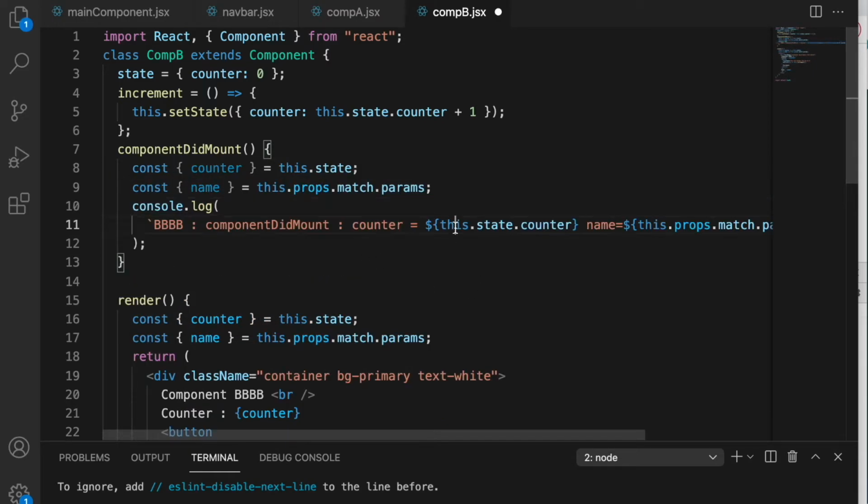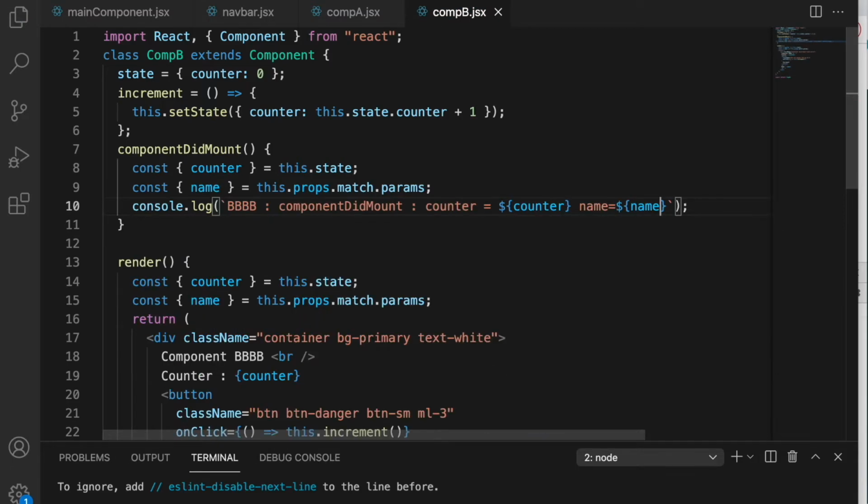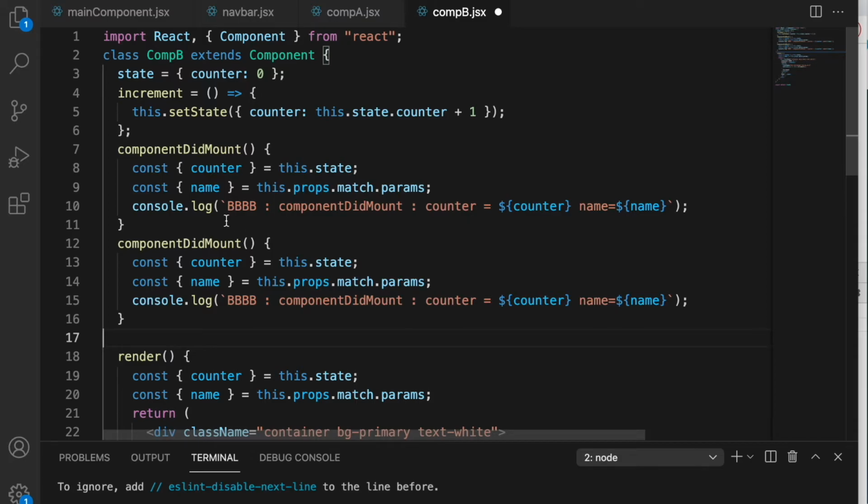So let's put this as dollar counter and this as a dollar name. So this is our mount. Similarly, let's put in our update. So component did update, it gets the previous props and the previous state.